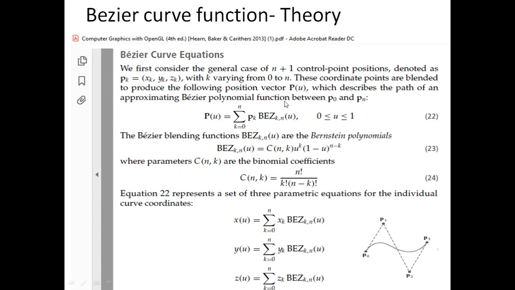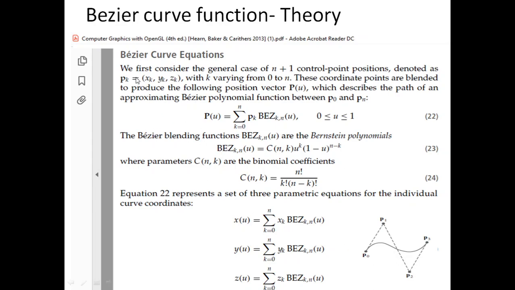Now let me explain the concept from the textbook, how a Bezier curve will be drawn. So you can see the curve has 4 control points and the number of points we have given is 20. Now we'll see how the curve is drawn. So we'll draw the first point and we know the last point. How to draw the second point, third point, fourth point, how these points are moving in this direction.